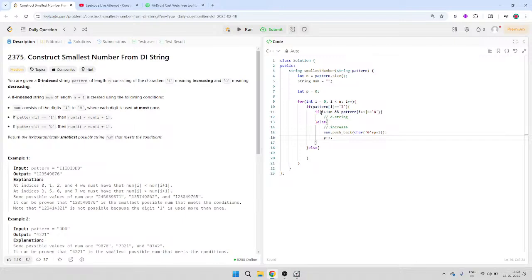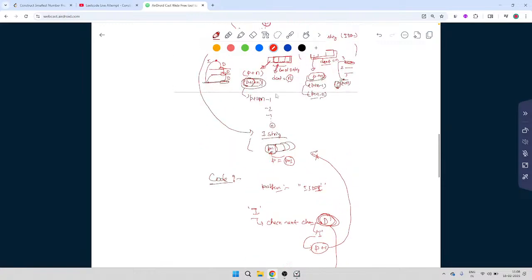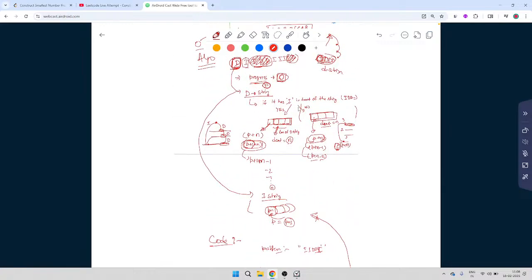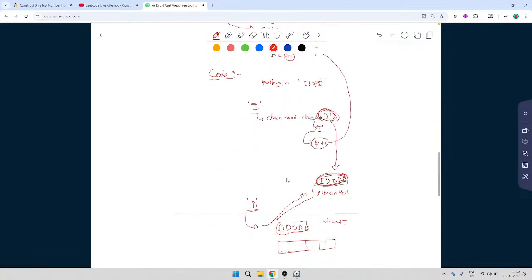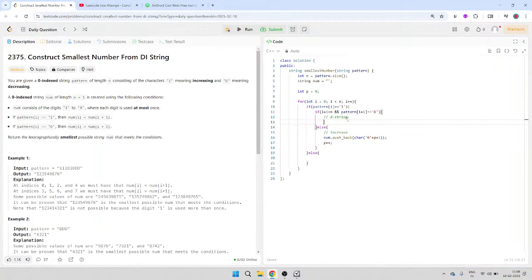Nice. And then in this else statement, this particular flow is of D strings, which I have already discussed here. Let me show you. It is very much this good flow. All right, let's go ahead and code it up. So we know that in this case we are spotting a series of D's. So I'll make a temporary variable called t, which will start with i plus 1,